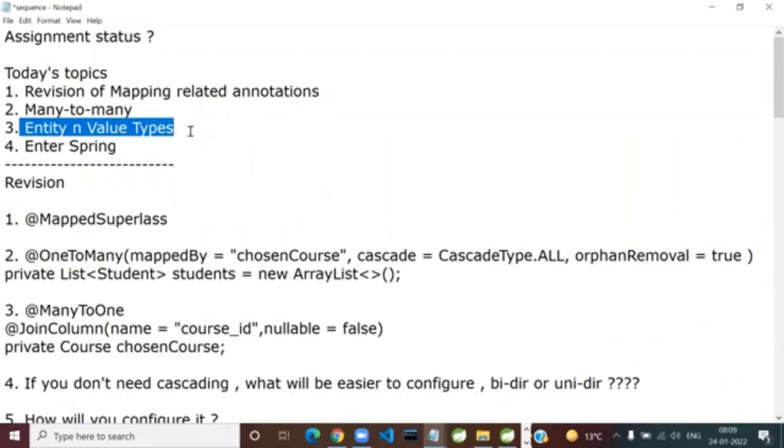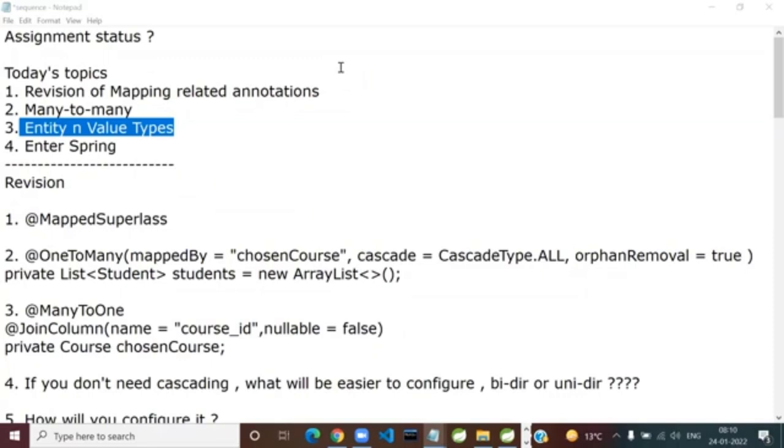Before I say second type, can anyone tell me what is the relationship between two entities such as course and a student, or student and an address? Which type of relationship exists between these entities? Why only one answer? Where are others? I want more answers. Of course, it is an association. It is not an is-a, it is a has-a relationship. Agreed? Has-a relationship has two flavors: aggregation, light or weak coupling, and composition, strong coupling.